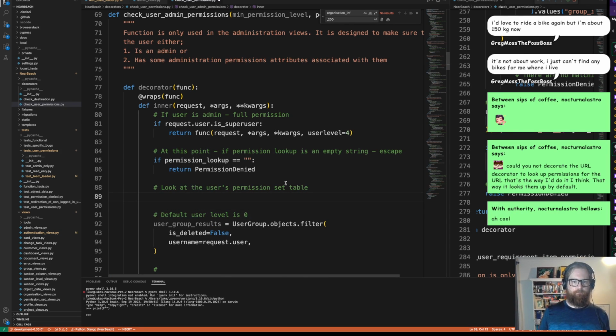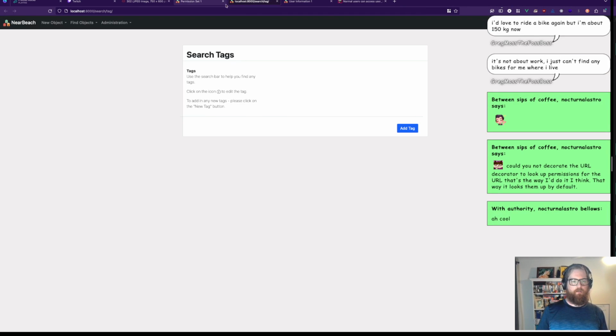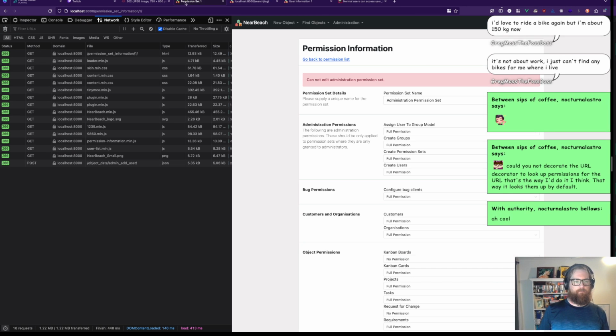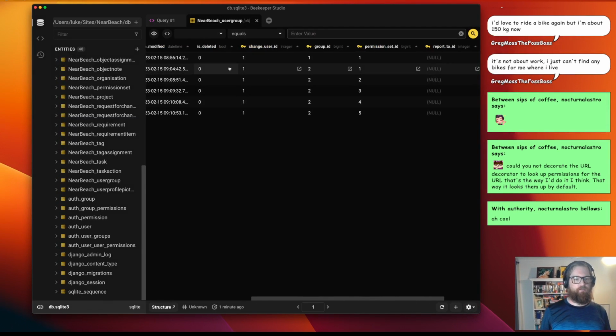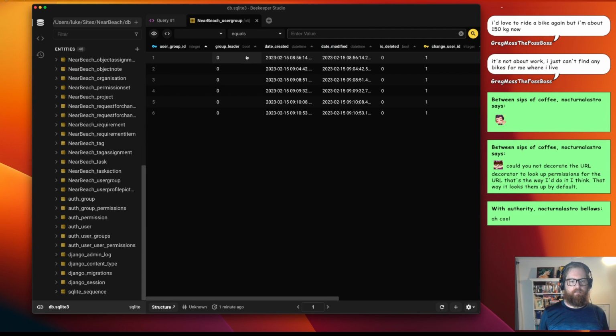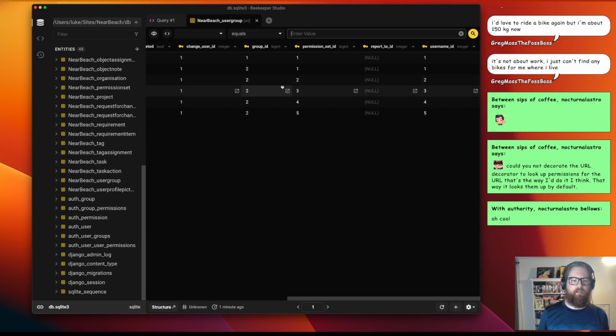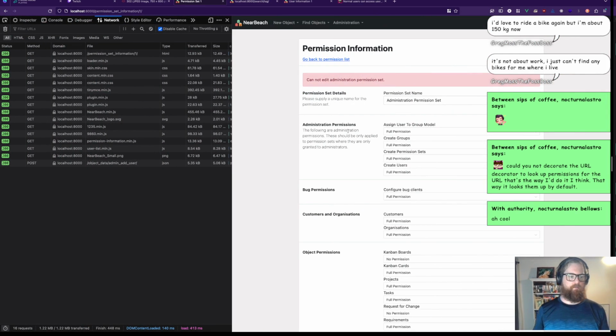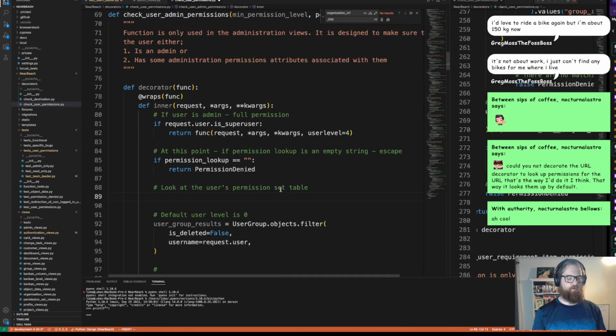So, this would be one permission set. And this one permission set will be assigned to a user at the group level. So hence we got user group. So once again, here's the user group ID. There's, whether or not it is a thing, there's a group ID, permission, and ID. So what we need to do is